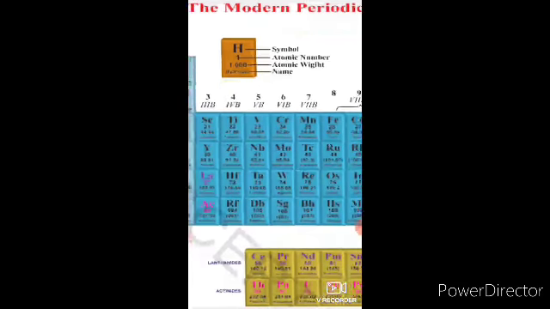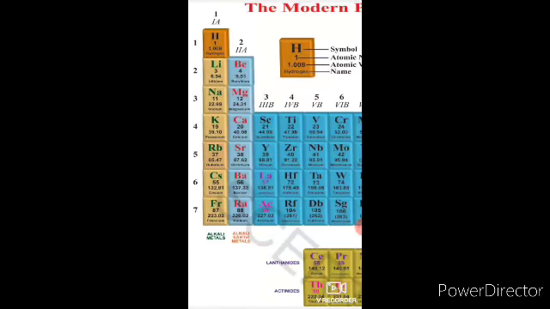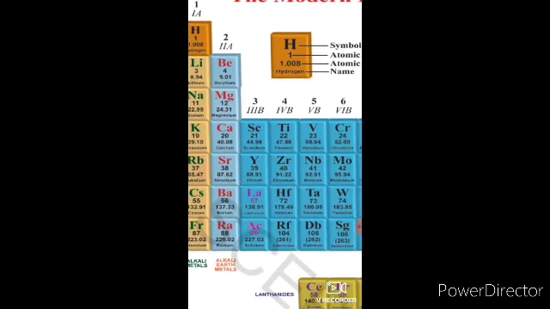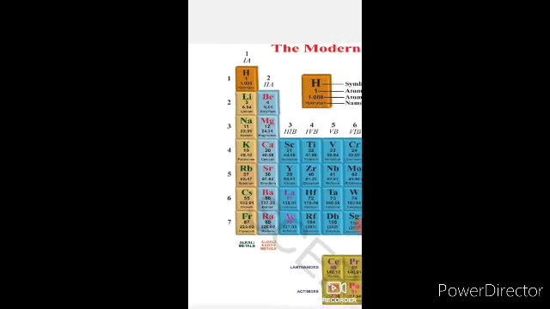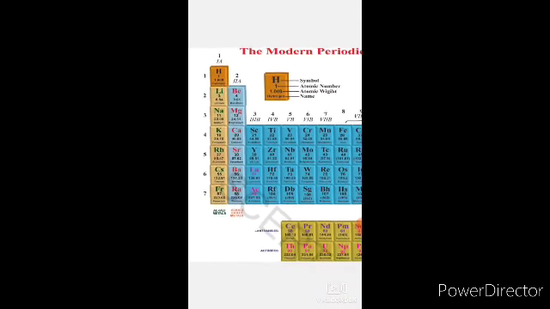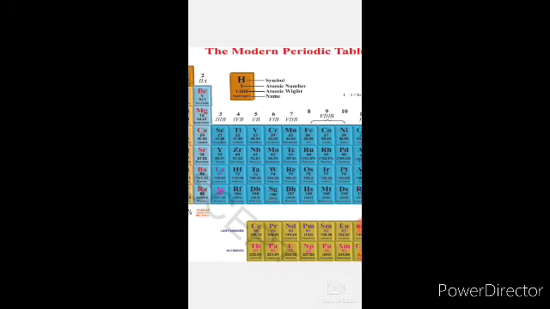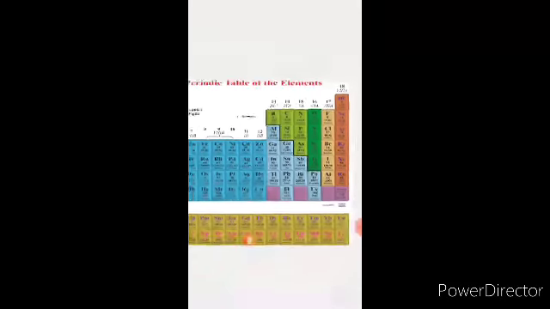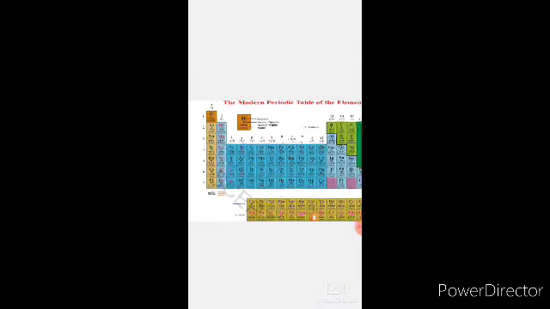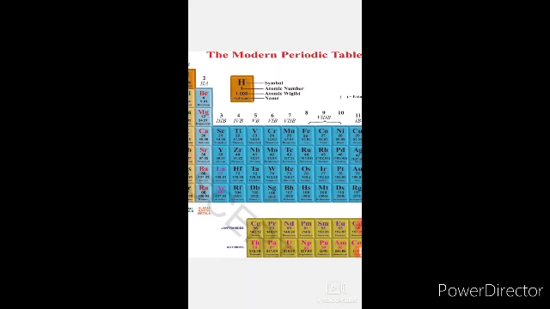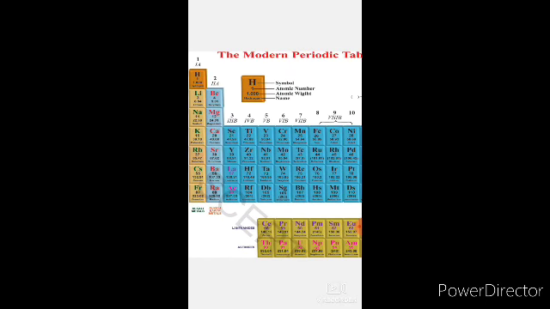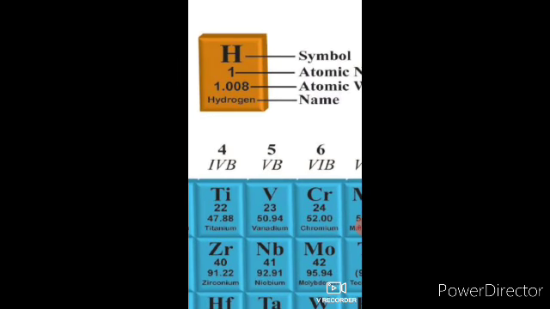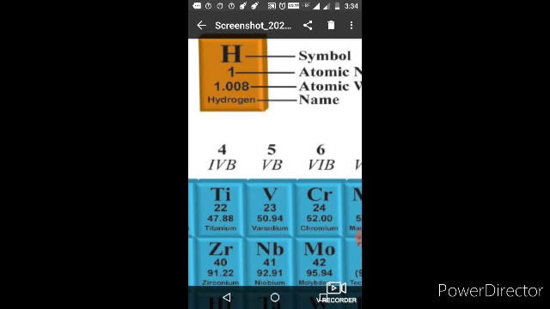Students, one more important topic is finding out molecular weight. In previous classes I have shown the periodic table. In it there are elements: hydrogen, helium, lithium, beryllium, boron, carbon, nitrogen, oxygen, fluorine, neon, like that. If you observe carefully, the total periodic table is based on this pattern. See, the H symbol here indicates hydrogen.